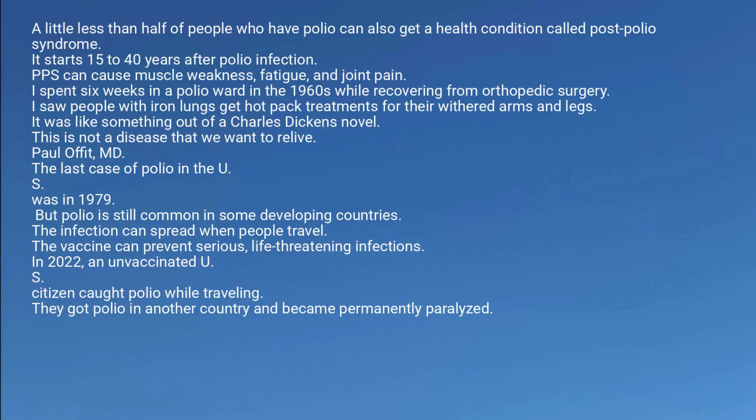I spent 6 weeks in a polio ward in the 1960s while recovering from orthopedic surgery. I saw people with iron lungs get hot pack treatments for their withered arms and legs. It was like something out of a Charles Dickens novel. This is not a disease that we want to relive. Paul Offit, M.D.: